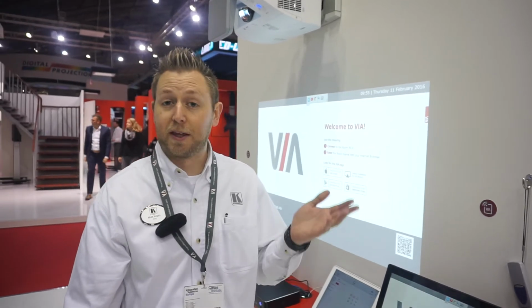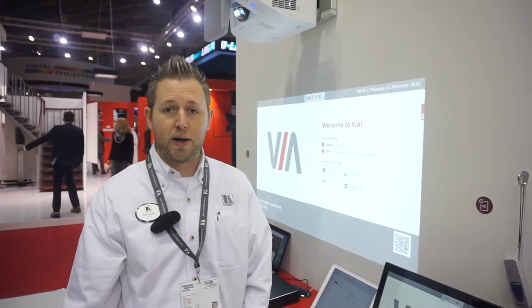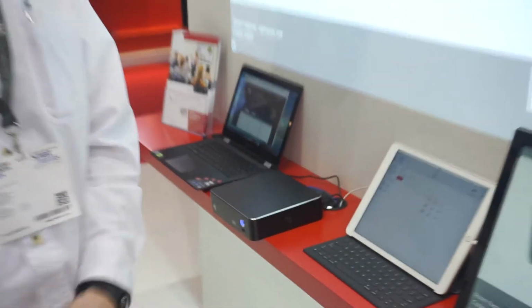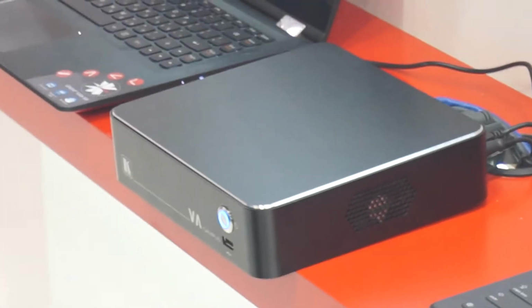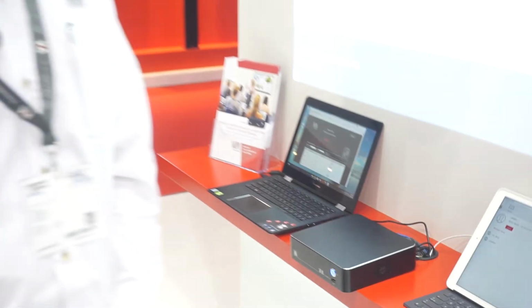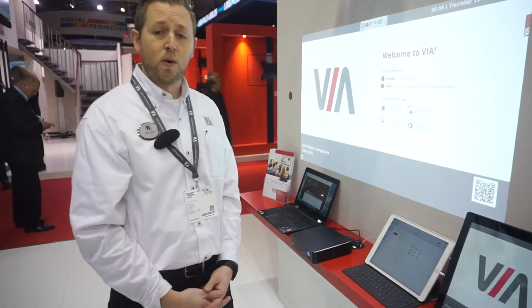You're probably familiar with the Connect Pro and the Collage. We're also introducing the VIA Campus here at the show. VIA Campus is the third unit in the VIA family. It brings a lot of the same features that the Collage brings, and it also introduces some new ones like